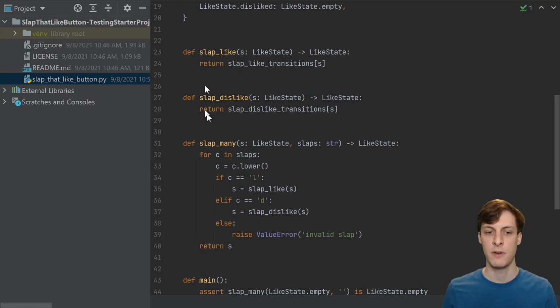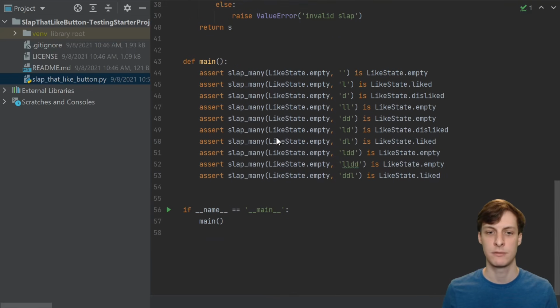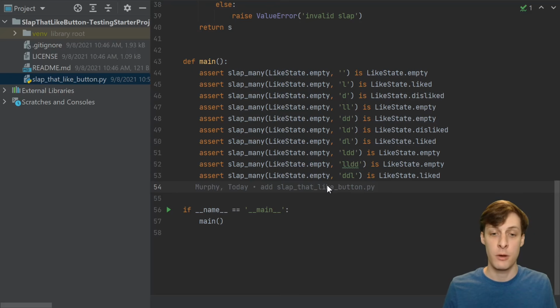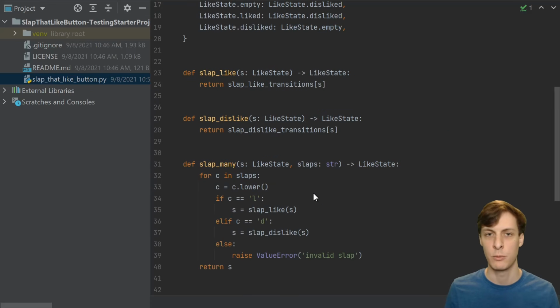And then we just have some functions, and then I have some tests for what happens if you start it empty and then hit the like or dislike button some number of times. Well, for once, the code that we've got here is actually pretty irrelevant to what we're going to be doing. You can replace this with one of your own files and it's not going to make much difference. Most of the work that we're going to be doing is just in the setup and configuration. So don't worry about trying to pause and look at what all these functions do.